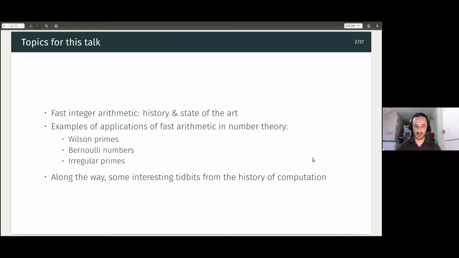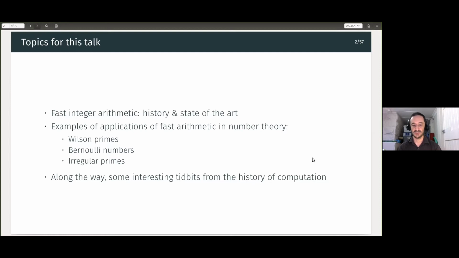But most of the talk I'll be discussing applications of fast arithmetic in number theory, and these are applications that have come up in my own research. So I'll give mainly three topics: Wilson primes, Bernoulli numbers, and irregular primes, and how fast arithmetic has been used